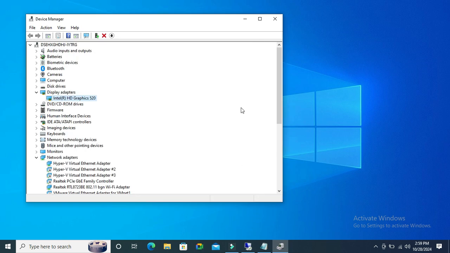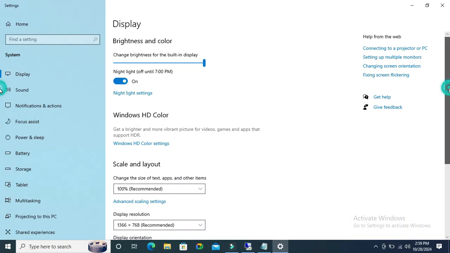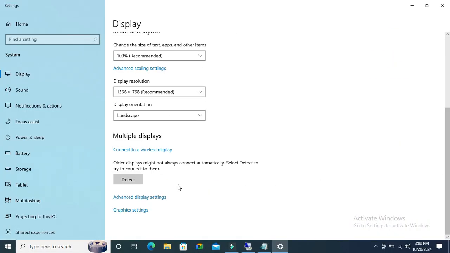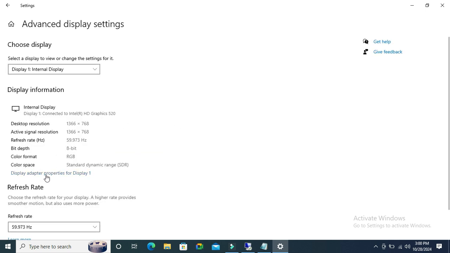Close Device Manager, right click on your desktop and click on display settings. Now scroll down. Here you will find an option, advanced display settings. Click on it and then click on display adapter properties for display 1,